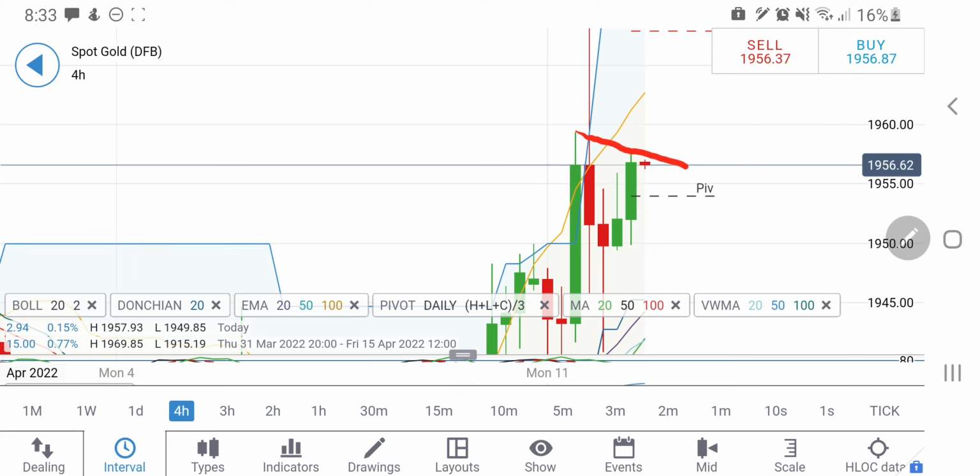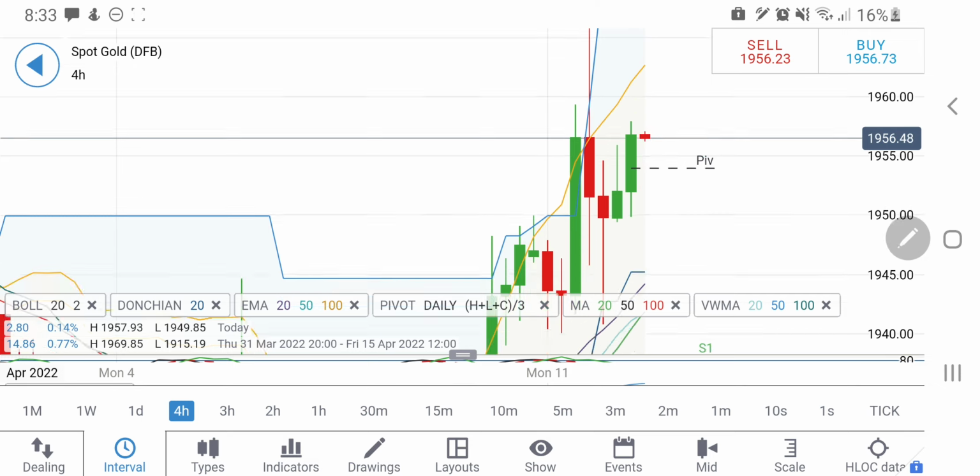Despite it is trying to make these lower highs, see, this candle achieved a high here at 1960 levels, and in fact it has breached this level and went till 1970, this candle. However, rest all other candles are trying to trade with this drop. So yes, a good long entry is beyond 1960. Beyond 1960, if you see gold trading, you can go long here. At the same time, previous two candles, it is giving higher lows, indicating yes, there is still bullishness. So probably don't trade between 1960 to 1950 zone. In this zone, don't try to take a position.